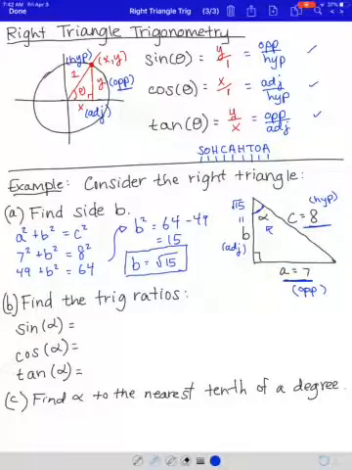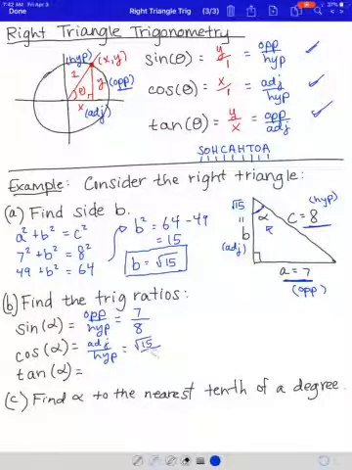Okay, now let's find the trig ratios. We're going to find sine of alpha, cosine of alpha, and tangent of alpha, using the new definitions that we came up with. Sine of alpha is opposite over hypotenuse, which for our triangle is 7 divided by 8. Cosine of alpha is adjacent over hypotenuse, which is square root of 15 divided by 8. And finally, tangent of alpha is opposite over adjacent,